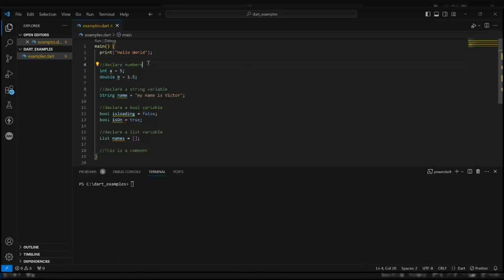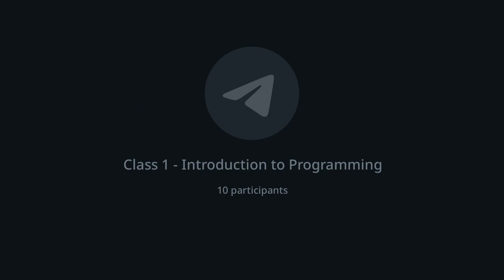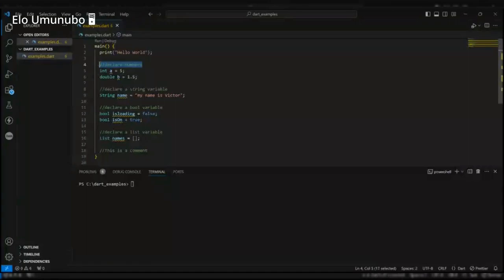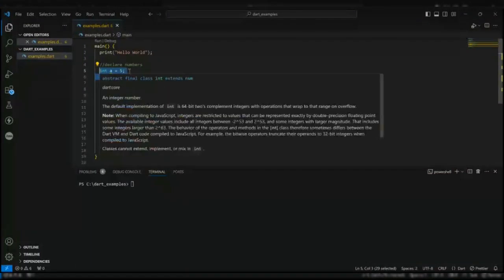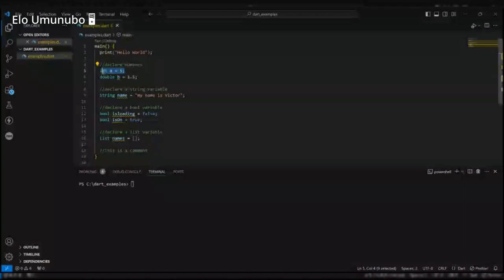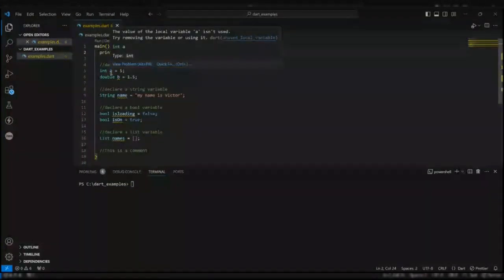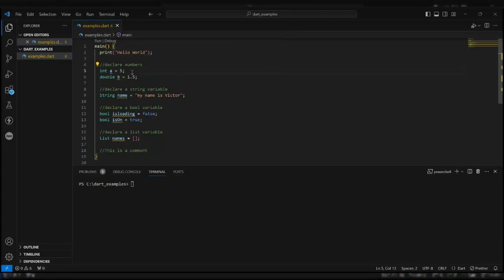Okay, so from this now, comments are useful. They help in explaining lines of code. So here we have declare numbers. So this is actually explaining what this line of code does. So declared, okay, someone, what is the integer here? What's the name of the variable here in this line of code, line 5? What is the name of the variable?